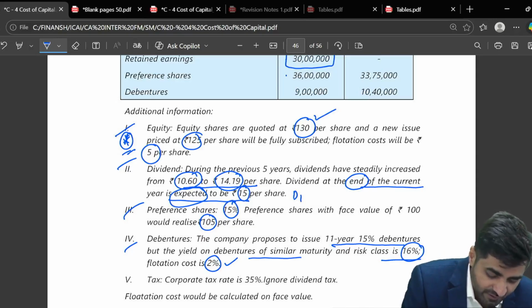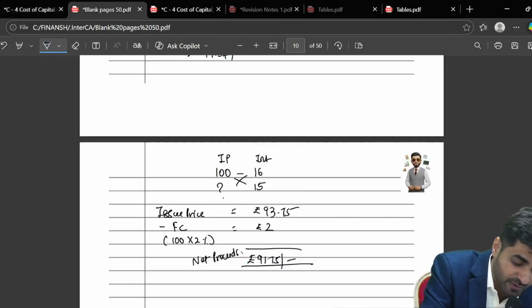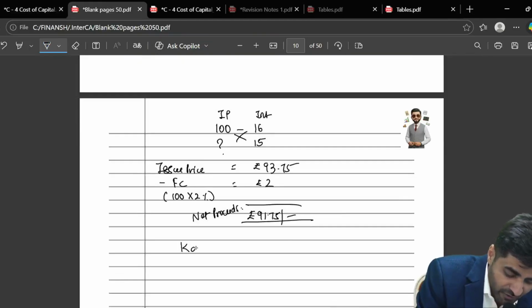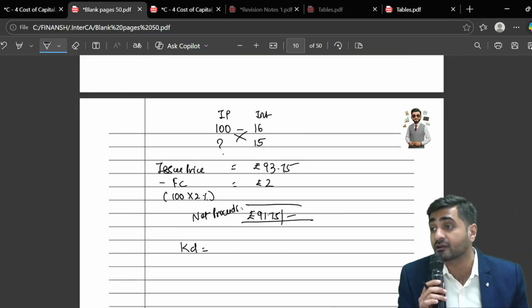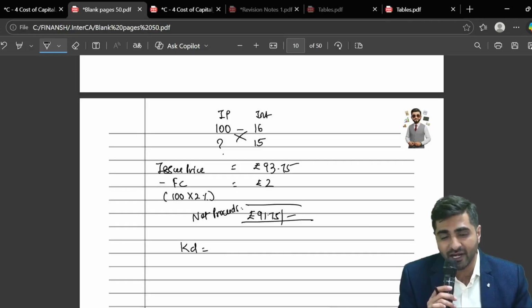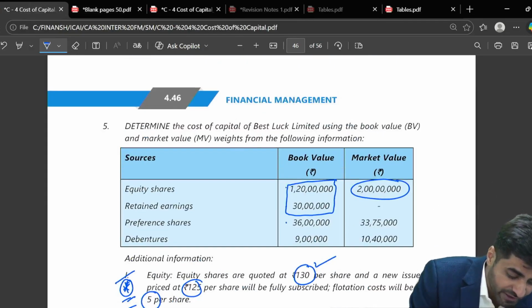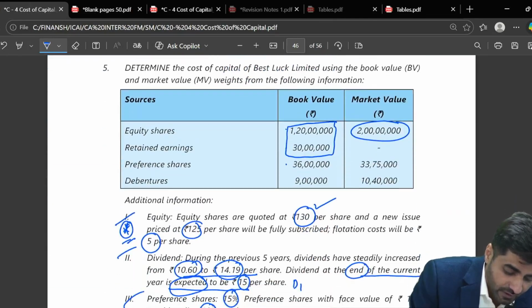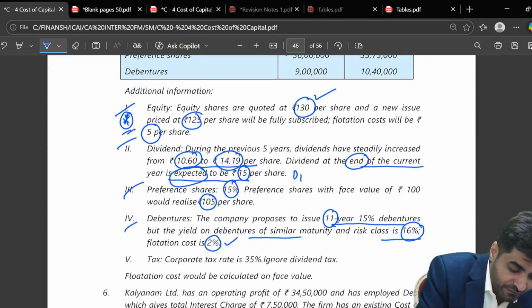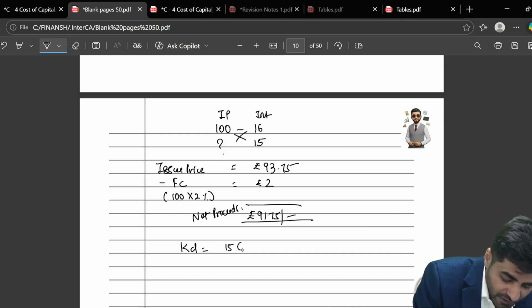And by the way, it proposes to issue 11 year. Can you please tell me now, KD will be calculated using a smaller formula or bigger formula? Bigger formula, right? KD redeemable. What is your interest, everyone? 15%. So this is going to be 15 into 1 minus